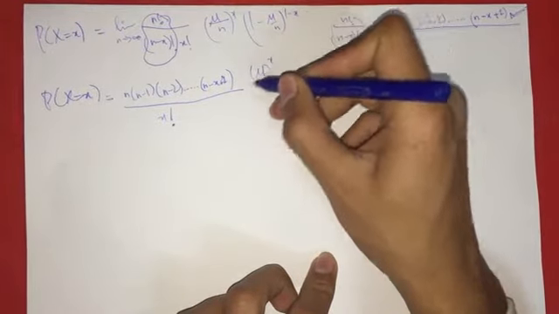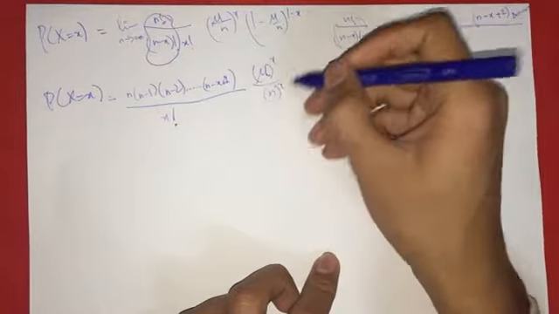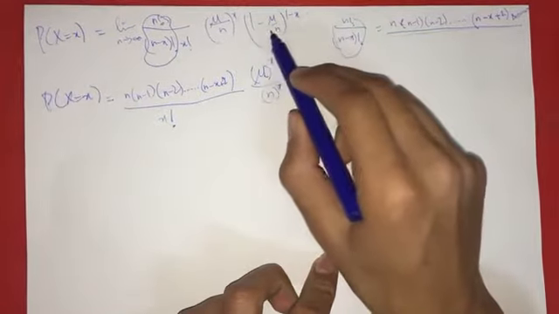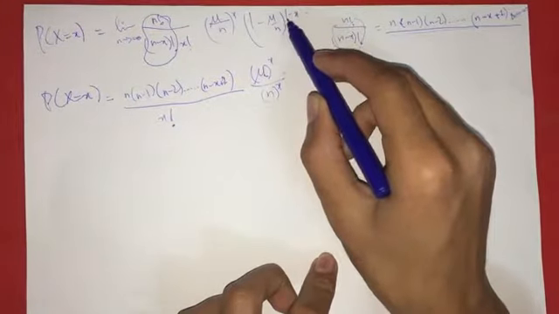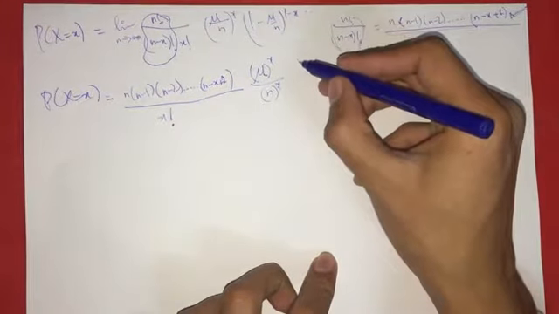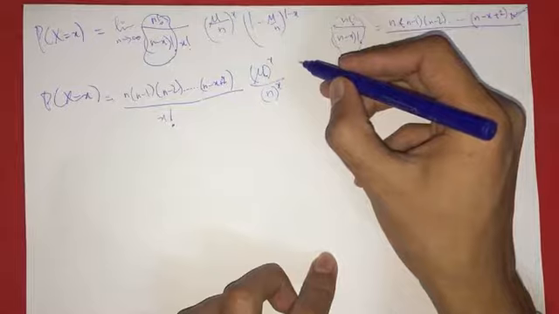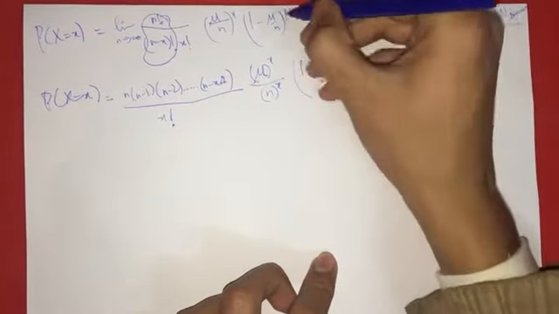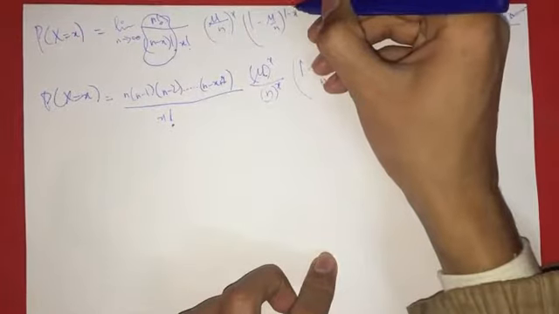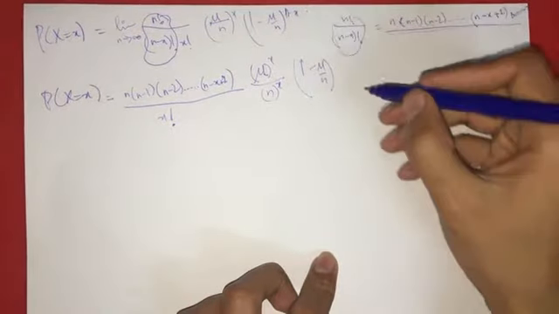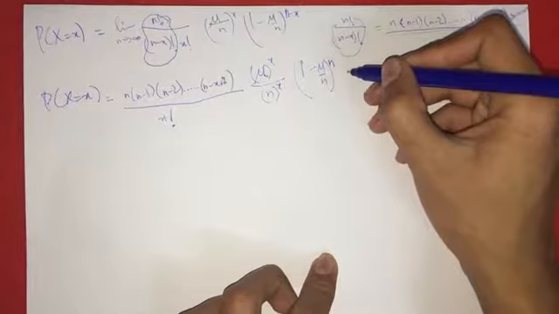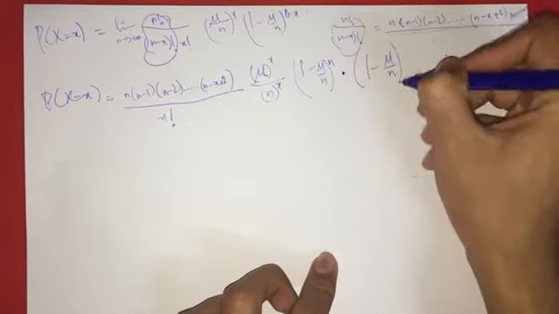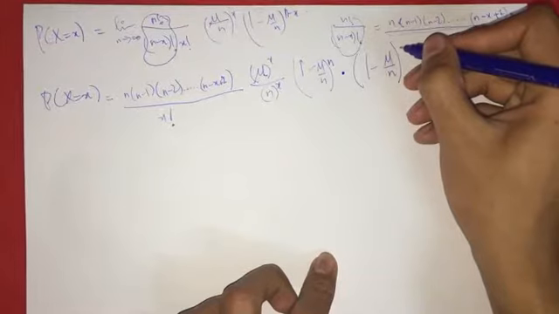So you have mu power x divided by n power x, and I can also separate the terms, and each one is going to have the single power. So here you have 1 minus mu by n power n minus x, so that will be n. So you have 1 minus mu by n power n multiplied by 1 minus mu by n power